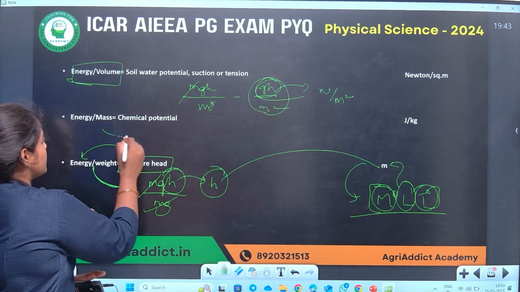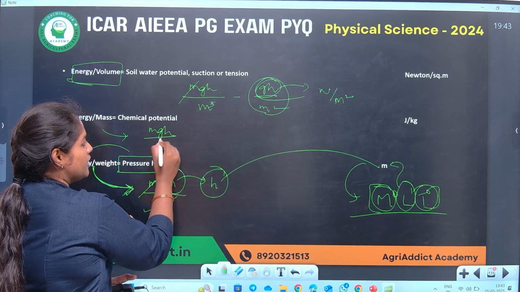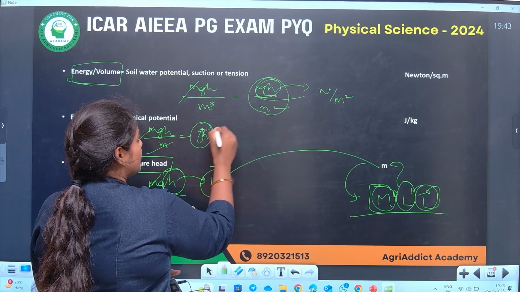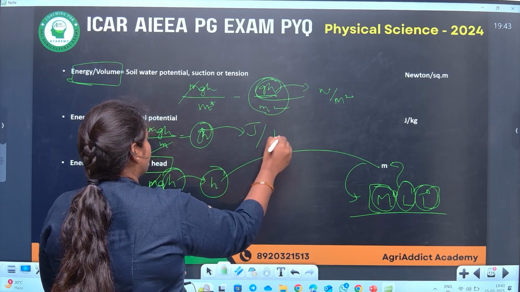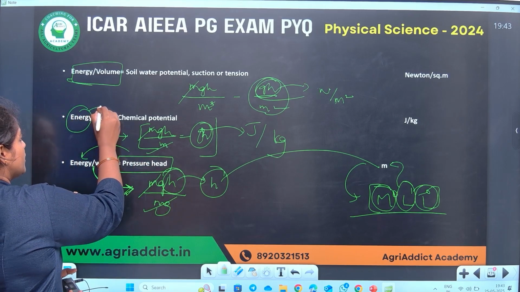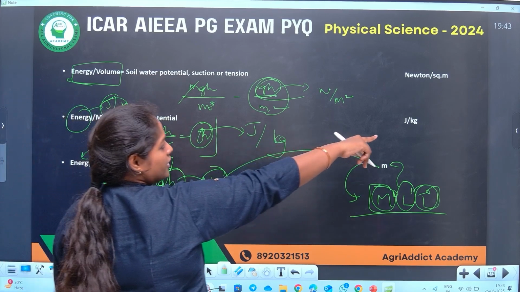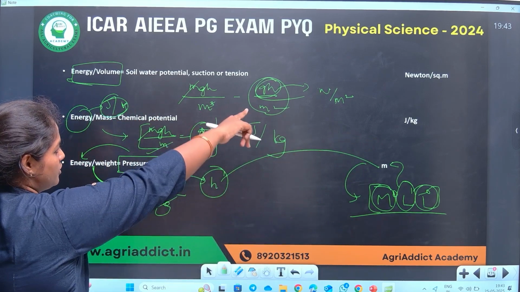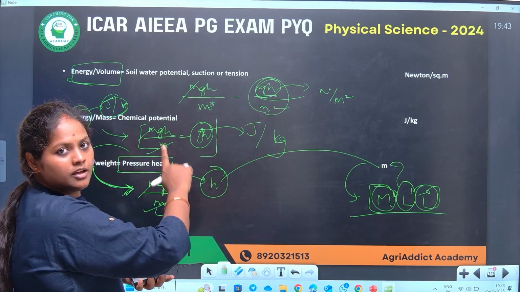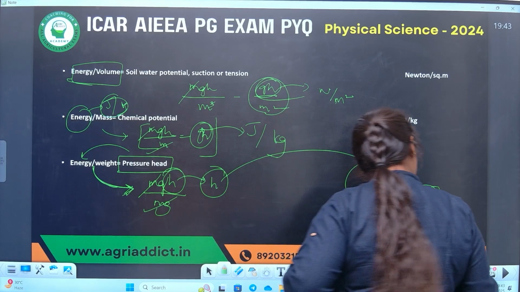Then energy per mass. Energy again, potential energy mgh, mass m cancels, it is gh, which is also written as joule per kg. There is no need to solve this also. What are the units for energy? Joule. Units per mass, kg. Joule per kg. Same we are getting there. But you should know the concept of writing dimensional formula, deriving unit from the formula that you basically read. In the question, we will see what they are asking now.